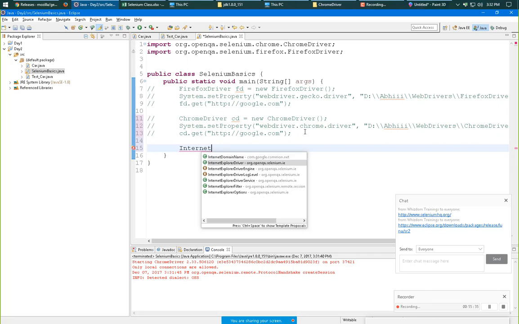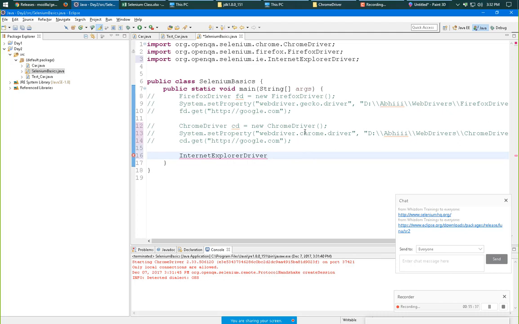So I created ied here and new InternetExplorerDriver. What this line will do is create a new instance of the InternetExplorerDriver WebDriver class, and it will open Internet Explorer.